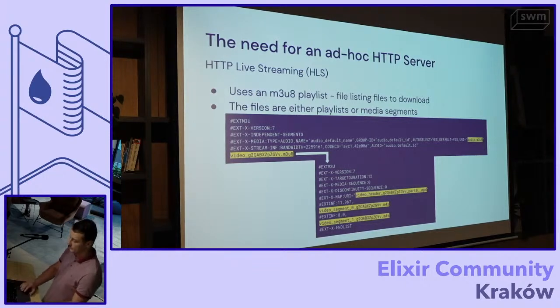Basically, not getting into the details, it's just a playlist, a text file that contains, among tags, either a link to another playlist or, as you can see down here, the actual files. So the player that receives the playlist reads it and makes a bunch of requests for all the playlists and the files it needs to play the stream.